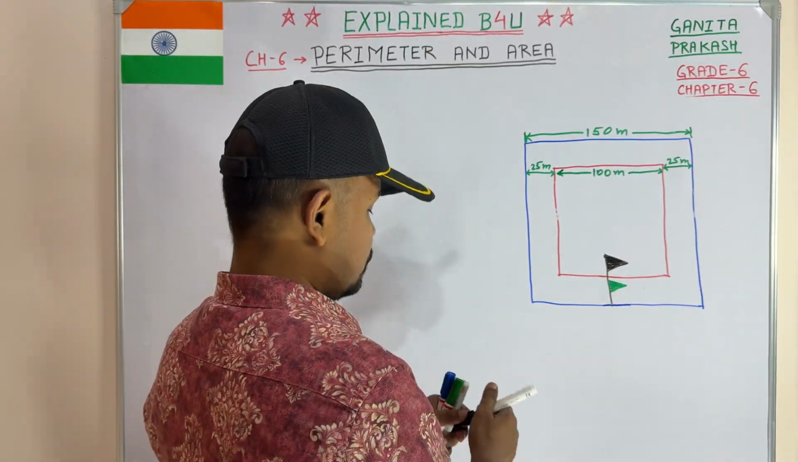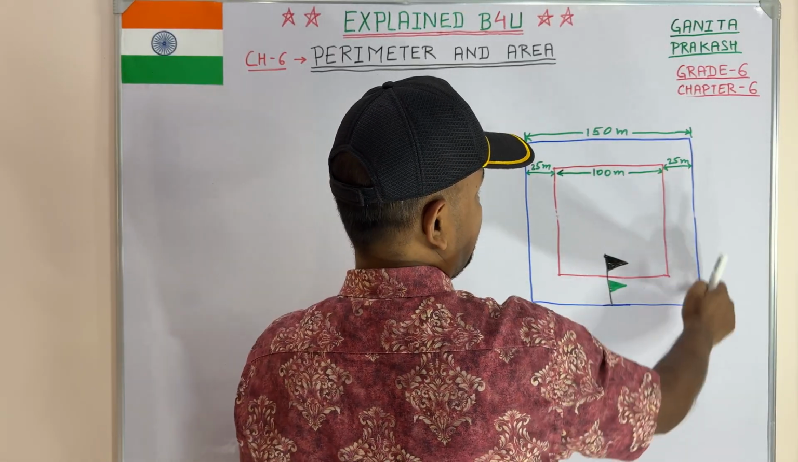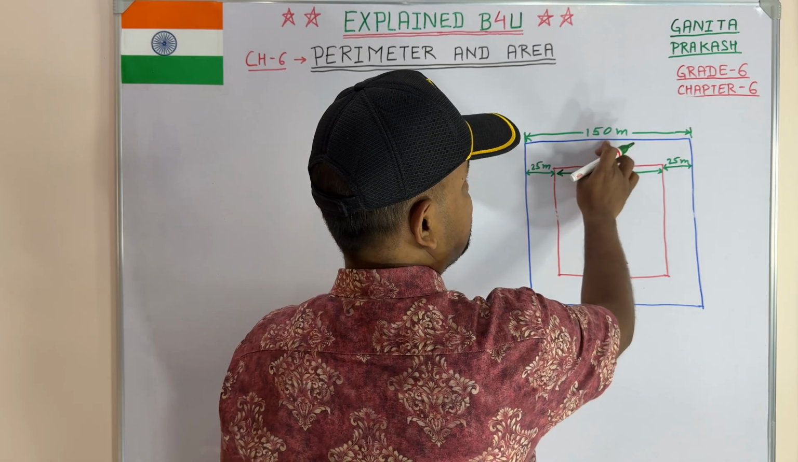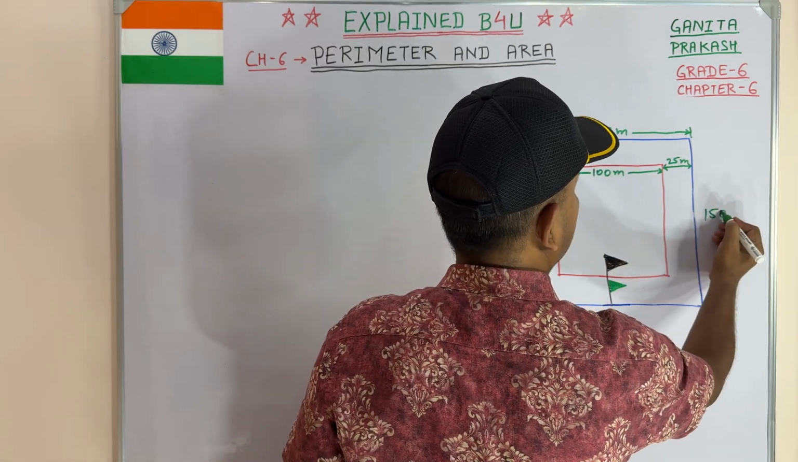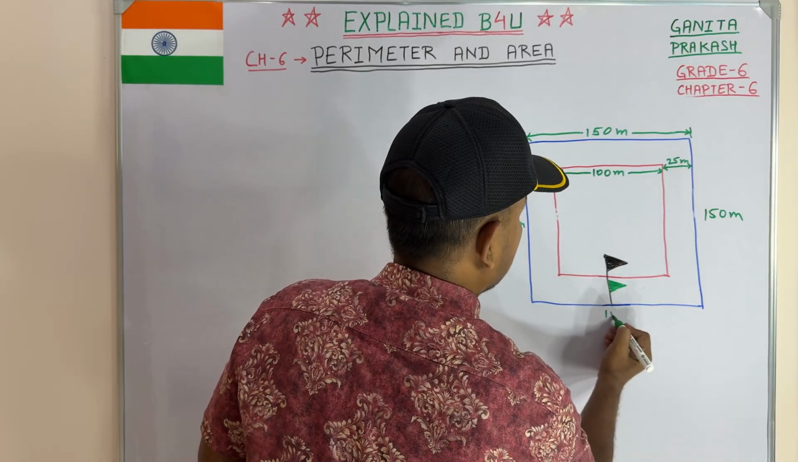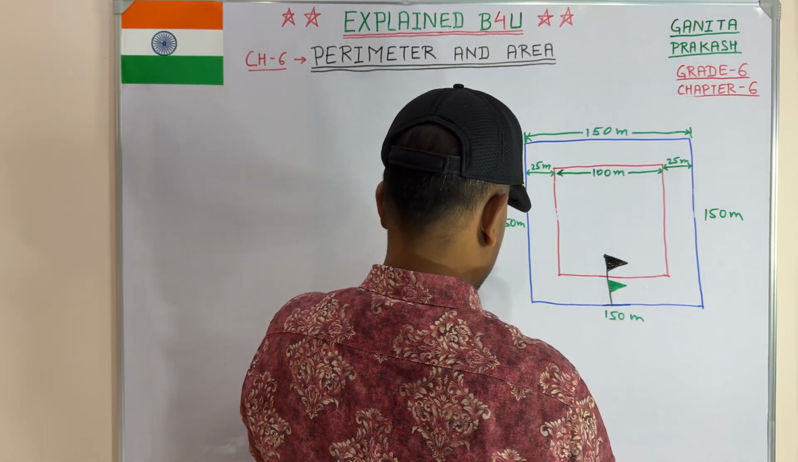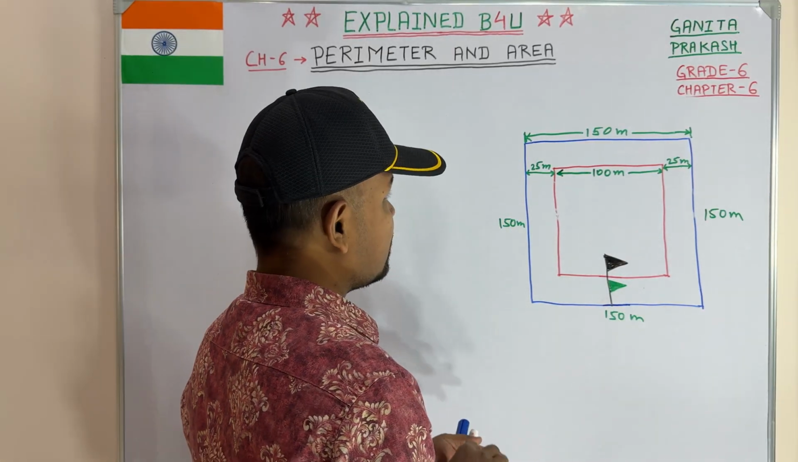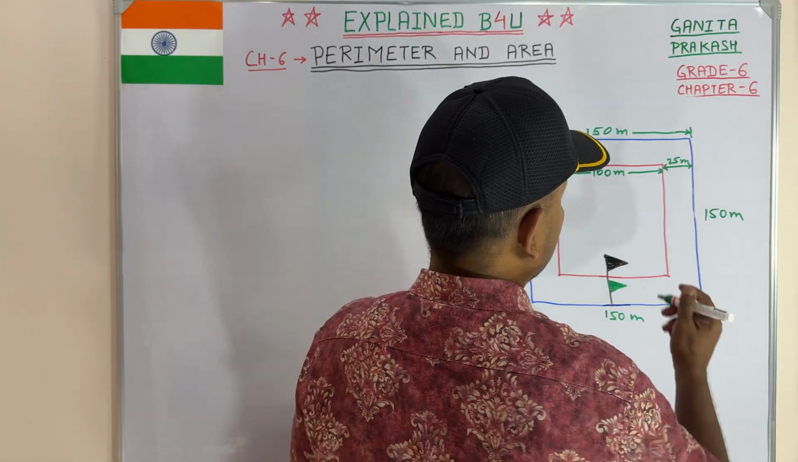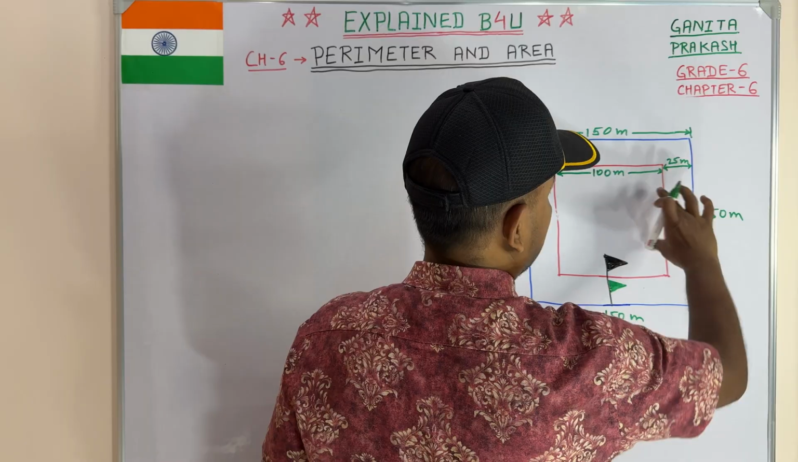ओके, तो अभी यहाँ देखो ये स्क्वायर ट्रैक है, तो इन स्क्वायर ऑल साइड्स आर इक्वल, सो दिस इज़ 150 मीटर, सो दिस इज़ ऑल्सो 150 मीटर, दिस इज़ ऑल्सो 150 मीटर, ये भी 150 मीटर होगा. अभी ये इनर ट्रैक में देखो 100 मीटर है, तो ये भी 100 मीटर होगा, दिस इज़ 100 मीटर, तो ये भी 100 मीटर होगा,